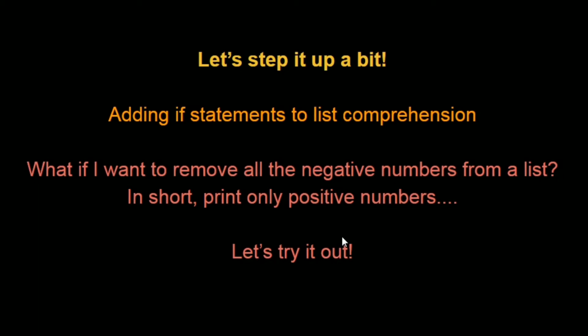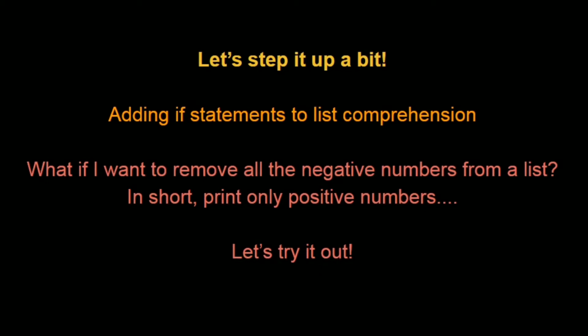Now we saw for, right? We saw how to add loops to the list. Now I want to also add conditional statements to the list, so the list will basically have your returnable value, the if condition, and then the for loop. We shall also have a look at how to add else conditional statements, but let's just go step by step and see how to add if statements. So value to be returned, if condition, for loop.